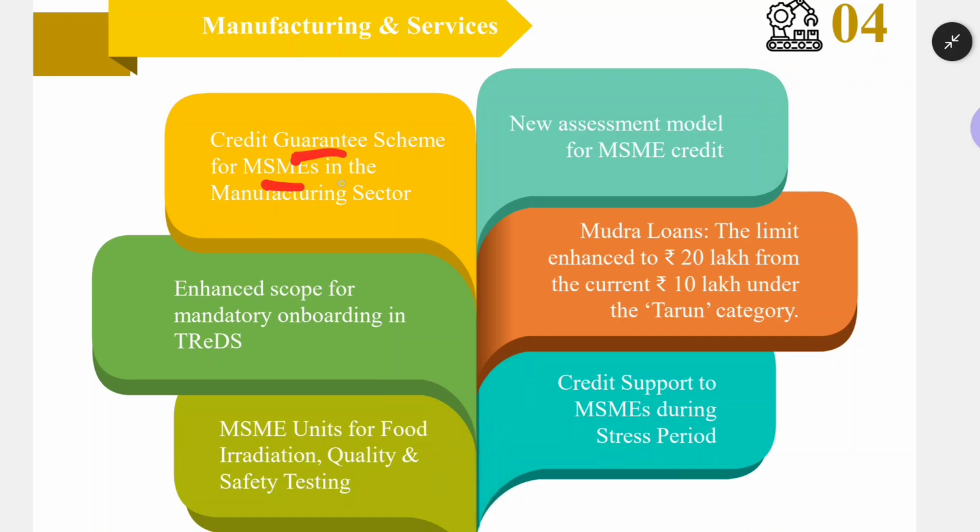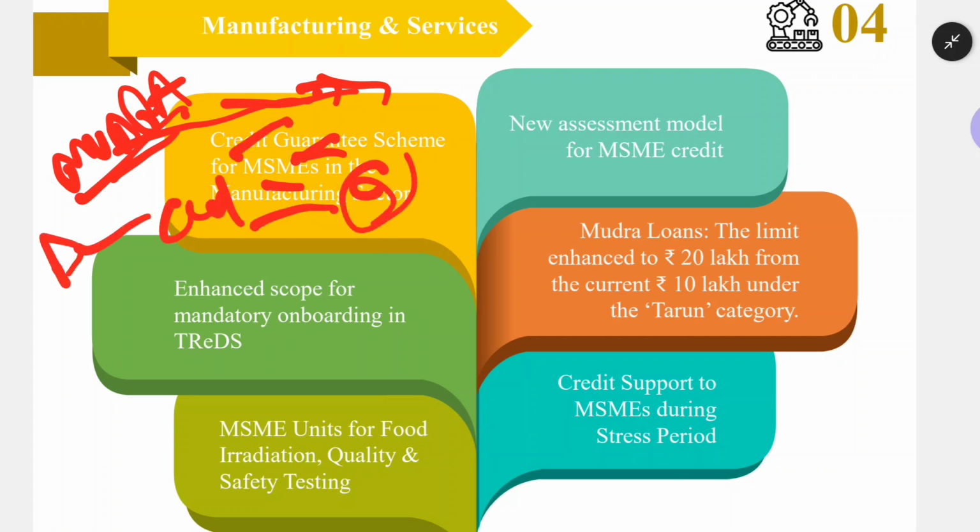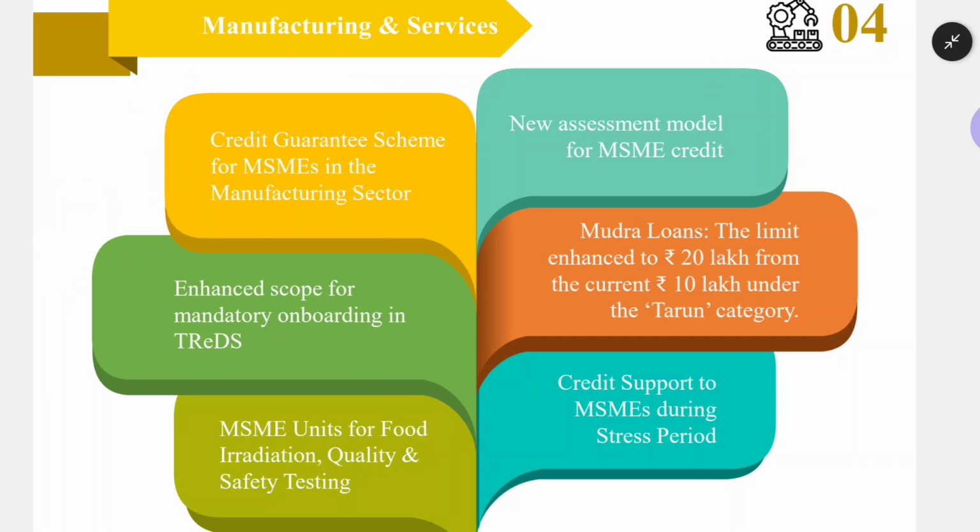So the credit guarantee scheme for MSME is already there in the form of Mudra, Micro Units Development and Refinance Agency. The Mudra scheme has already been launched by the government of India for the disadvantaged and weaker sections of society. In the Mudra scheme, you will get a loan. If the bank is giving this loan to you, the bank doesn't have to worry about loan repayment, because the government of India is promoting this Mudra loan with the help of a scheme called credit guarantee. So banks give credit to the people, and this credit is guaranteed by the government. That is why it is called the credit guarantee scheme for MSME.